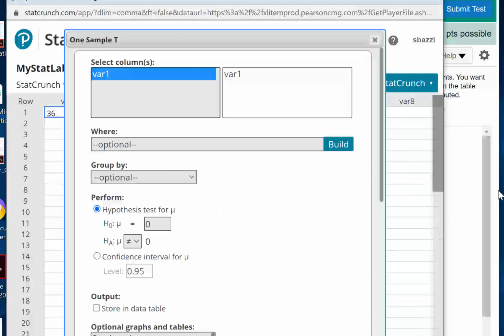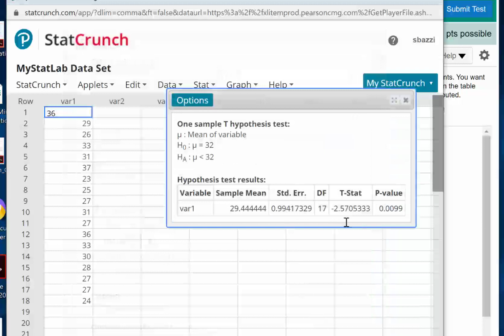We're doing it against 32, and they say it's less than 32. Now probably you're wondering that should be for us greater than or equal, but remember the null hypothesis is a statement of equality. So StatCrunch just puts the equal sign here. And then hit compute, and here's the test statistic, negative 2.57,